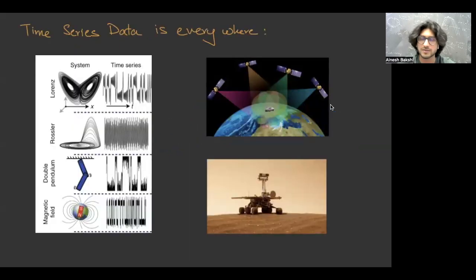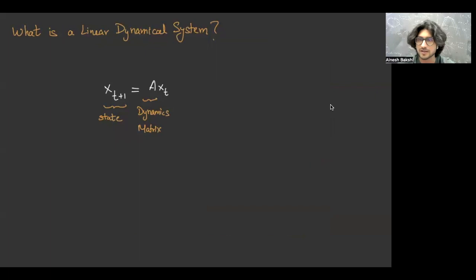So why should we care about time series data? Well, it's ubiquitous across applications in physics, control, navigation, robotics, finance, scientific computing, and so on. With that theme in mind, let's dive into defining a linear dynamical system, where the dynamics essentially evolve linearly over